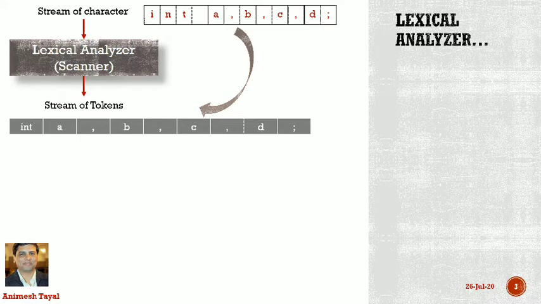Only tokens will be the output of the lexical analyzer, and the group of tokens means they are grouped without any blank space. So these are the variable names, and multiple characters can be assembled into one keyword or one variable name, like that.